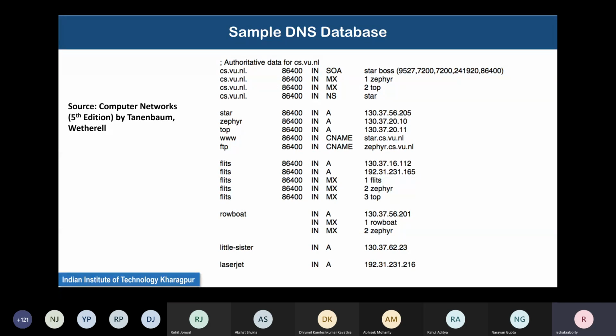We don't need to know the details of each of them. Then there are two machines, one called Zephyr and the other called Top. These are mail servers. These are the computers which take care of the mail service in this domain.